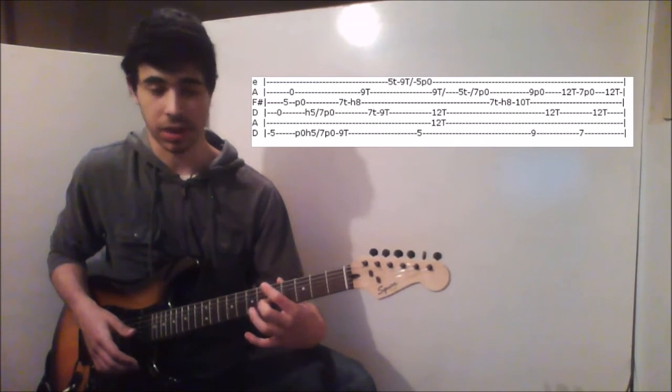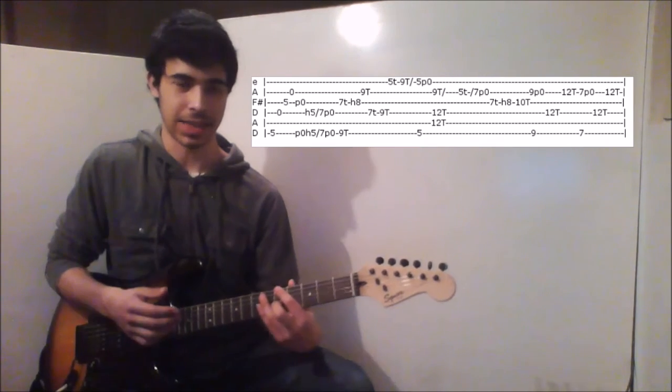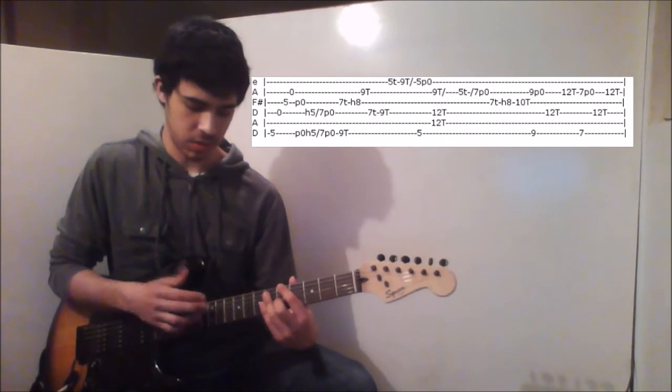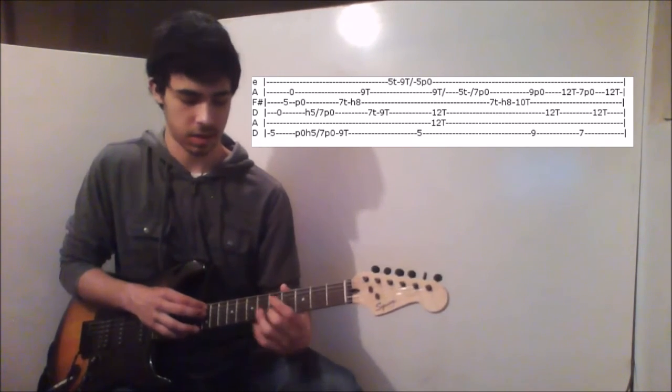And then you tap with your left hand onto the 5th fret on the 6th string. And at the same time as when you tap that, you use your right hand to tap onto the 12th fret of the 5th and the 4th strings. So that's...